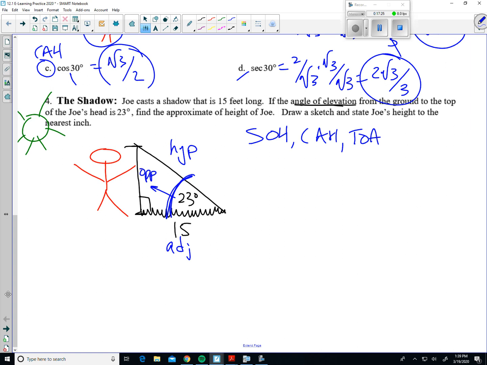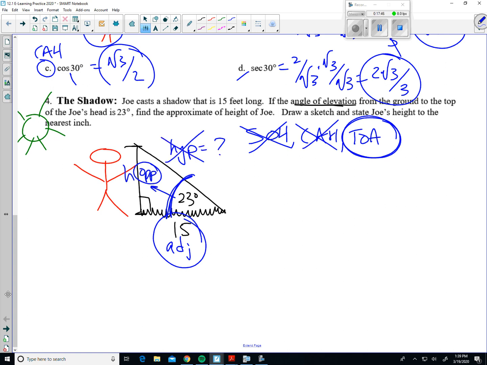So if we think about it, we're trying to find h, which is height here, right? And height is his opposite length. Which one has adjacent and opposite in it? Adjacent and opposite, right? That's got to be the tangent function. Both sine and cosine need the hypotenuse. We don't have the length of the hypotenuse. They have not given that to us. Let's not waste time finding the hypotenuse, and we're just trying to find out what Joe's height is over here,